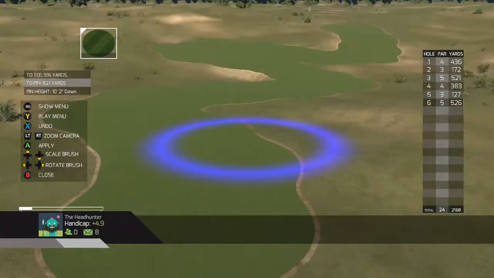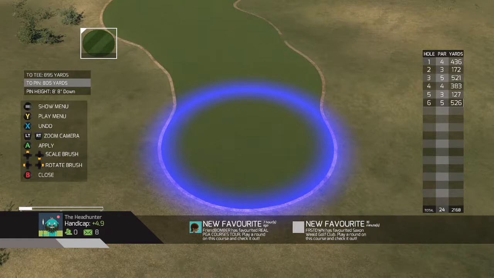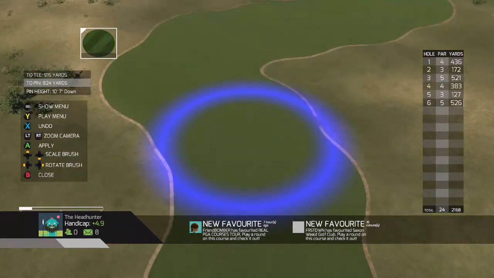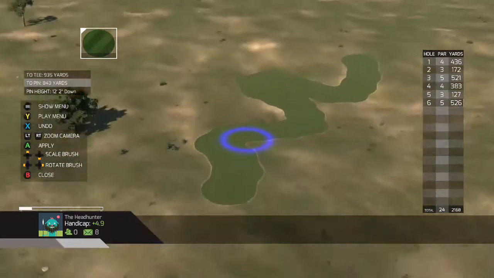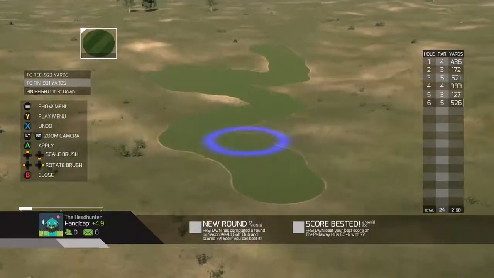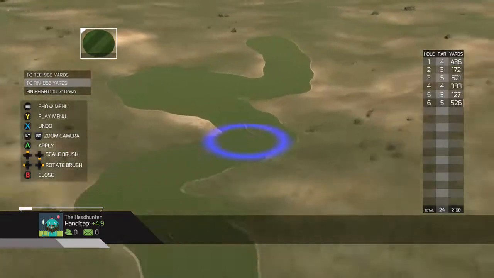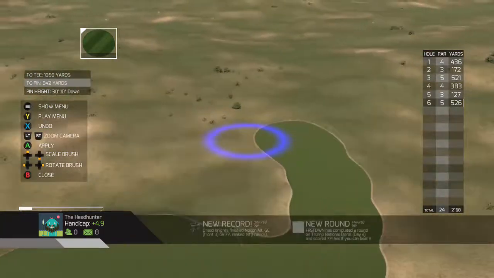How long would that have taken you to go here, hit the A button, wait 4 or 5 seconds, move it over to here, 4 or 5 seconds, 4 or 5 seconds? That would take you at least 4 or 5 minutes minimum to make that fairway. How long did that take me? 5 seconds to go through. I'm just obviously making some wacky shapes, but